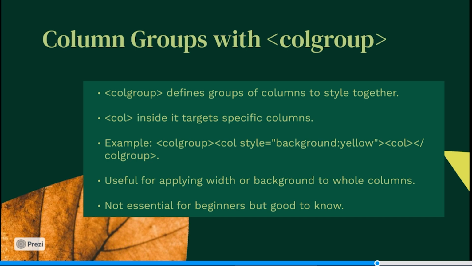Okay. For example, see this code. Colgroup, col style background yellow. If you need only one expense to be highlighted, you can use that background color yellow. Okay, you can add the color for that one particular column. That is the usage of colgroups. Okay,